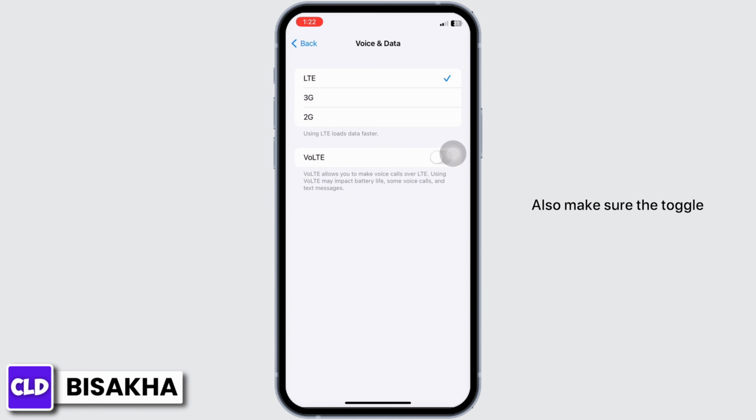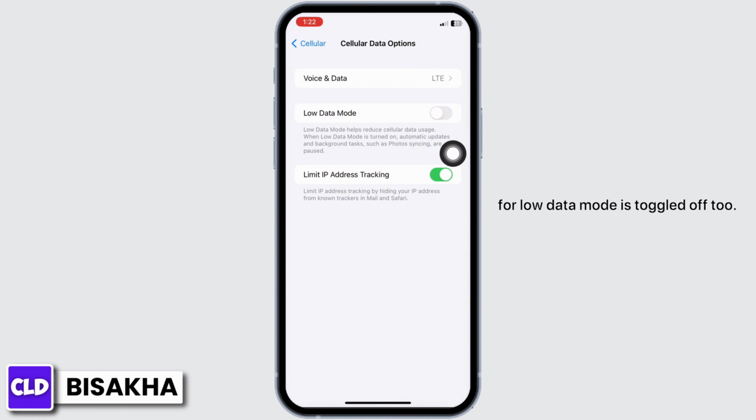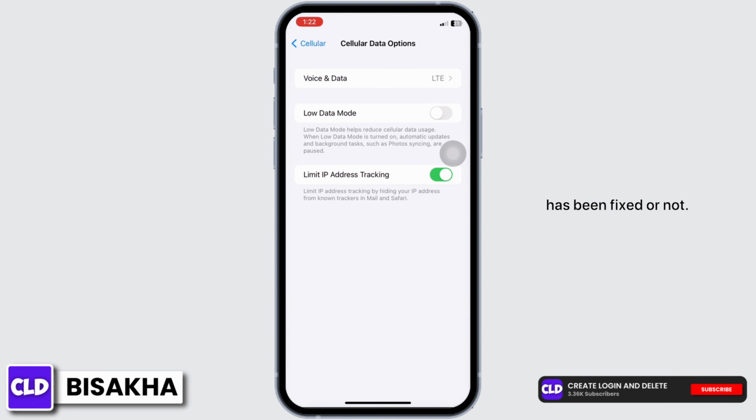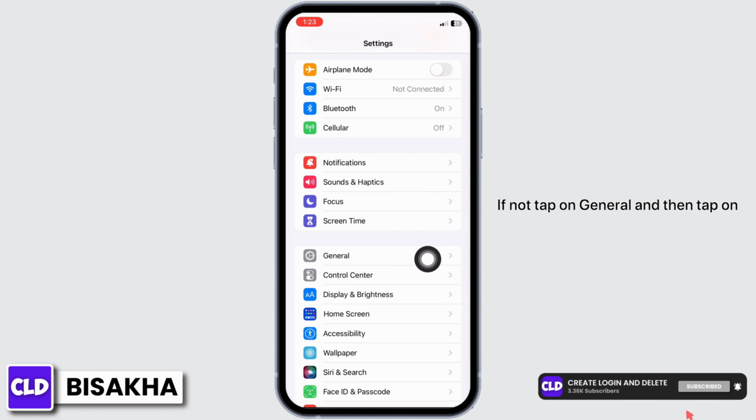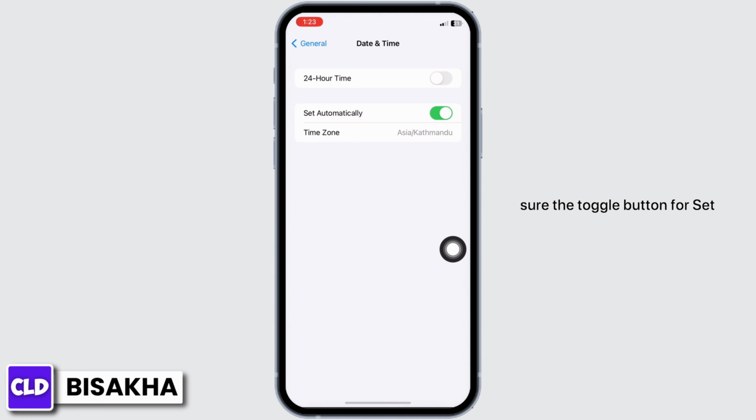Also make sure the toggle button for VoLTE is toggled off. Go back and make sure the toggle button for Low Data Mode is toggled off too. Check if the problem has been fixed or not. If not, tap on General and then tap on Date and Time and make sure the toggle button for Set